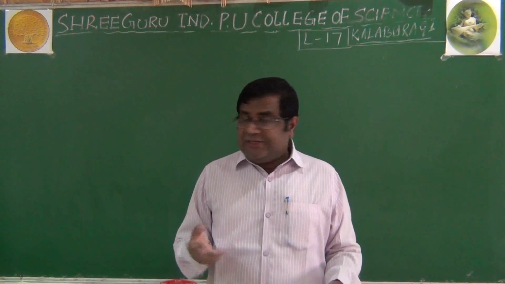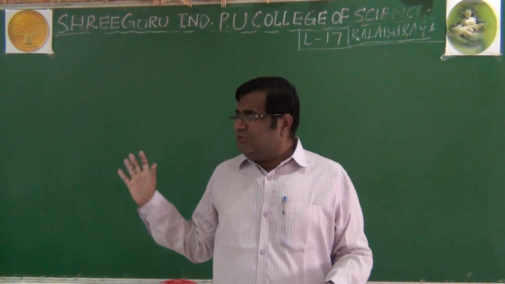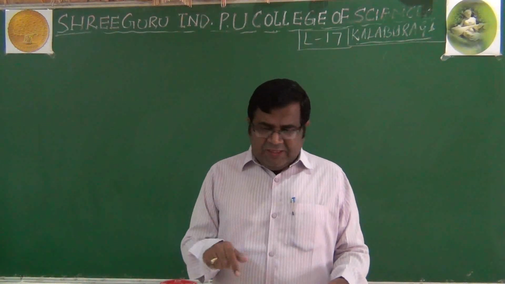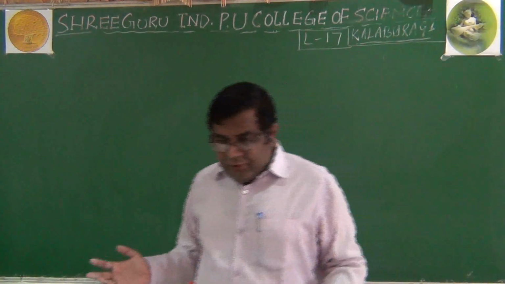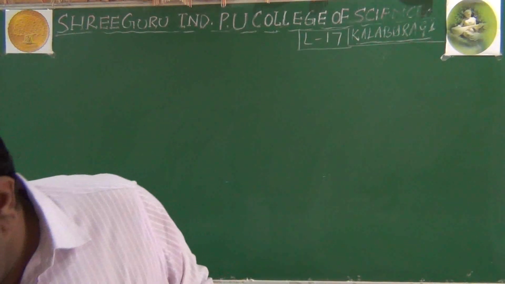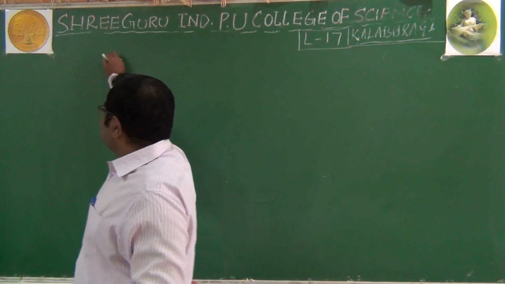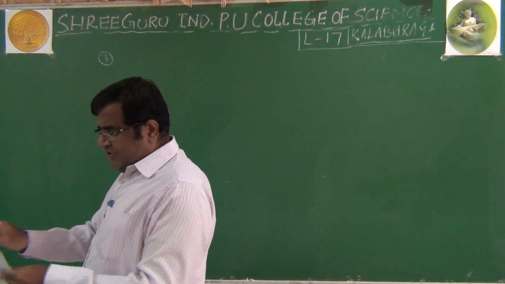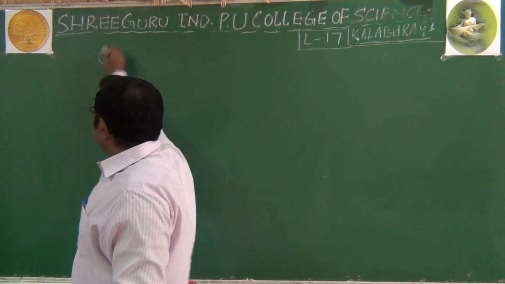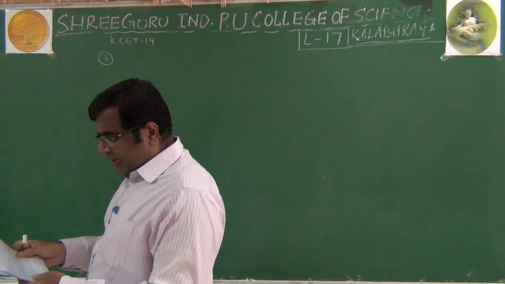I hope you are understanding that, even though I am not writing on the board, because only for mathematical questions I want to write on the board so that we can save time. Now the next question, from the same year, is a mathematical question, so I will write on the board so that you have a clear idea about what type of questions they are referring to. This is the third question in that series. The year I have already mentioned, so that if you have the question paper, it is easy to correlate. It is the KCET 19 question paper I am talking about.